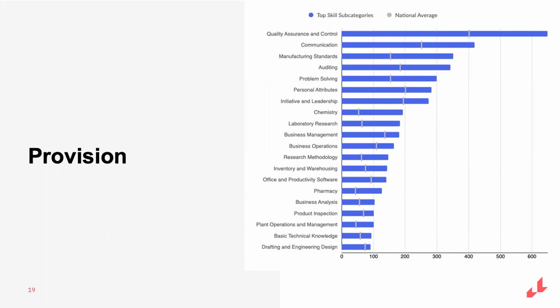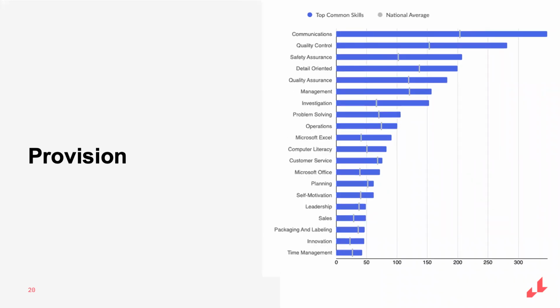And what we're looking at here are the skills grouped by subcategory, the subcategory layer in our taxonomy. And there's about 400 or so subcategories. It's both unsurprising and reassuring to see the quality assurance and control subcategory right at the top there. So clearly the data is matching as we would hope it would. And we can then look below that. So those were subcategories, but we can go right down to the skills layer.